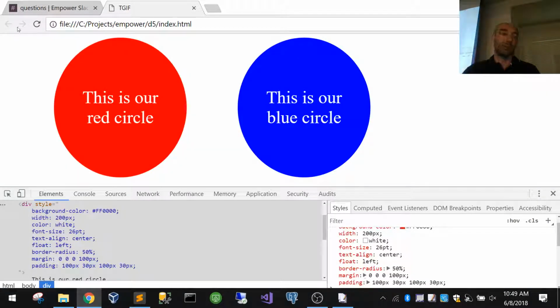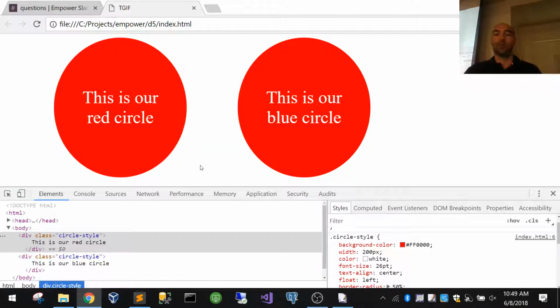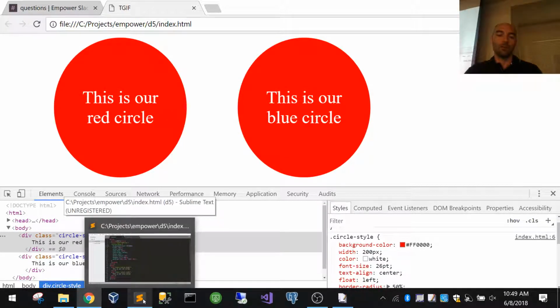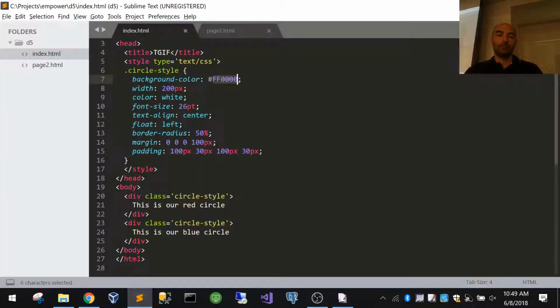So I'm flipping over here, refresh. Okay, so now our blue circle's lying to us. Let's go fix that. So, how do we make it? There are multiple ways of making the blue circle blue. The nicest way